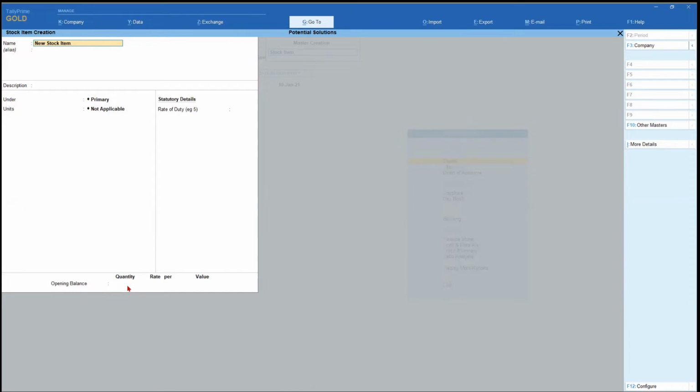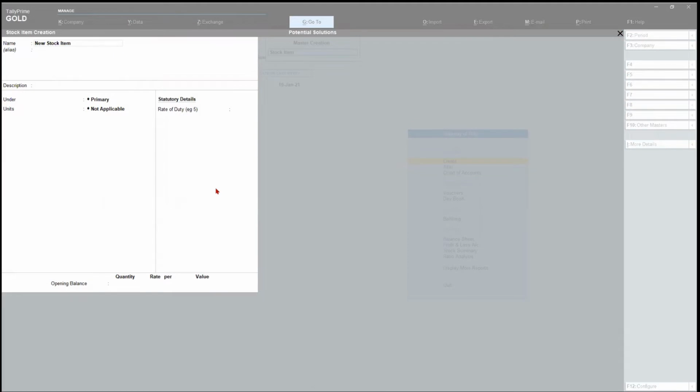Now, this opening balance can be entered even in between the financial year. Just to give an example, let us say a business wants to quickly migrate into Tally in the middle of the financial year. So, as part of the trial balance, whatever is the stock value and the detail of the items can also be entered during the mid of the financial year.